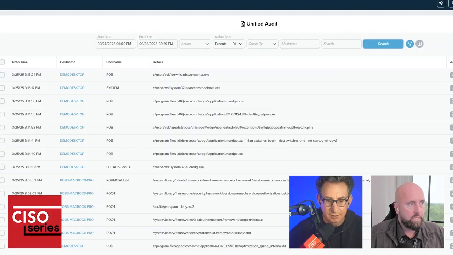So now I'm seeing this very first one. I see cute writer .exe deny. How does it know to deny that? Because it's not on an approved list. So it's deny by default, permit by exception. Anything that is not explicitly allowed, and I don't have a policy to allow cute writer to run, anything that's not explicitly allowed, including malware, including ransomware, but also including otherwise weaponizable good tools, things like AnyDesk